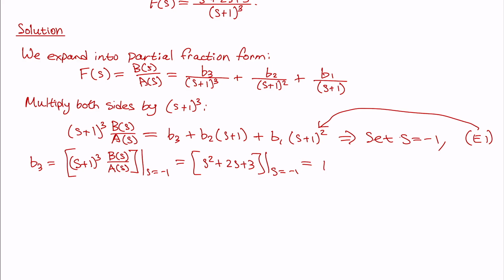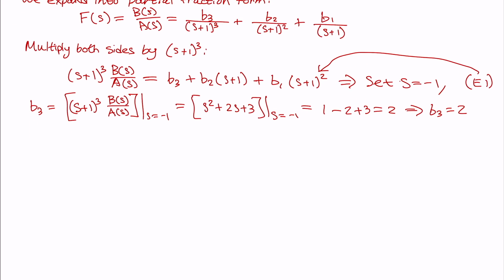This will give us 1 minus 2 plus 3 equal to 2, such that b3 is equal to 2. So then to find b2,